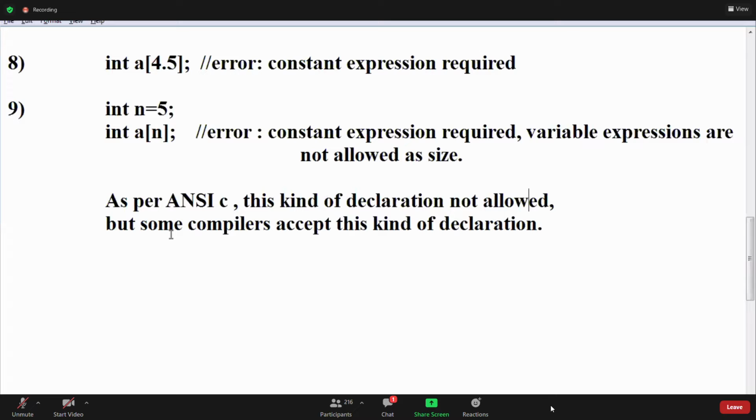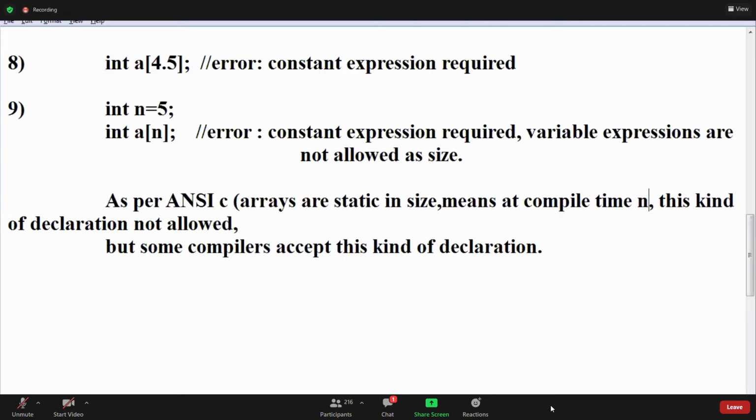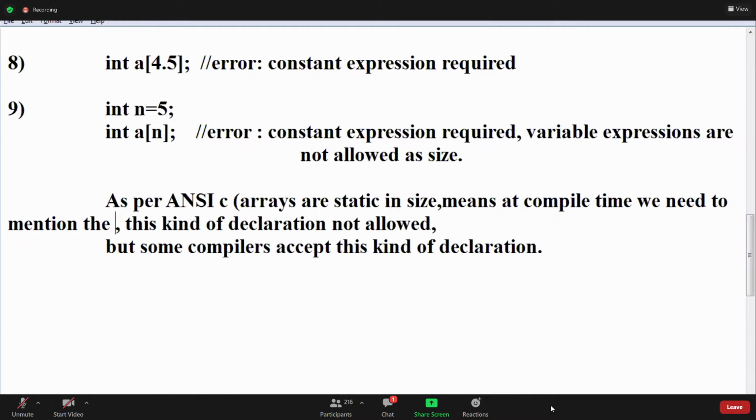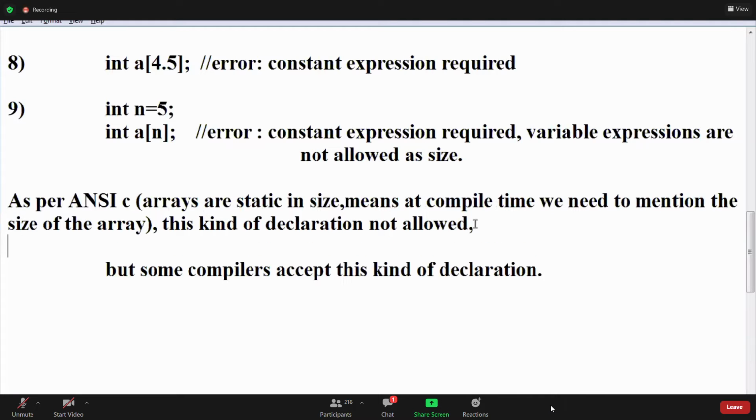As per ANSI, arrays are static in size. Arrays are static in size. Means at compile time we need to mention the size of the array. As per ANSI, this kind of declaration is not allowed, guys.